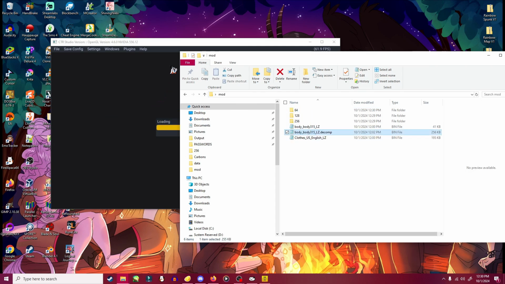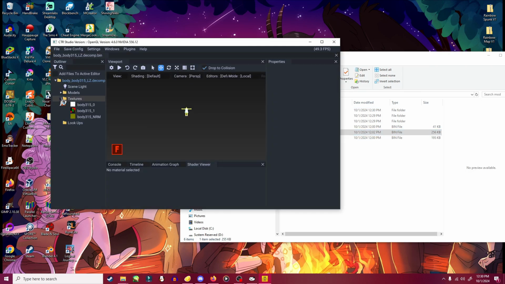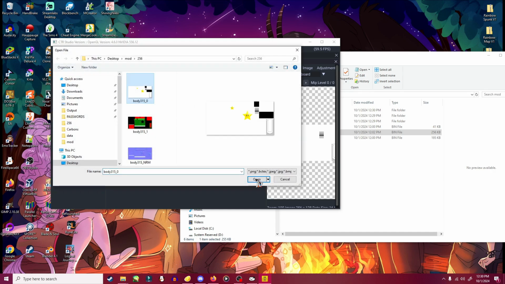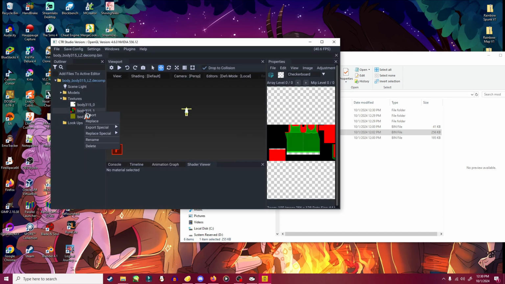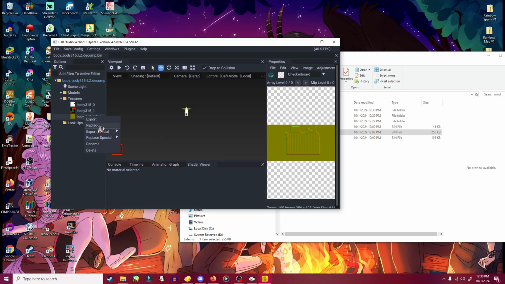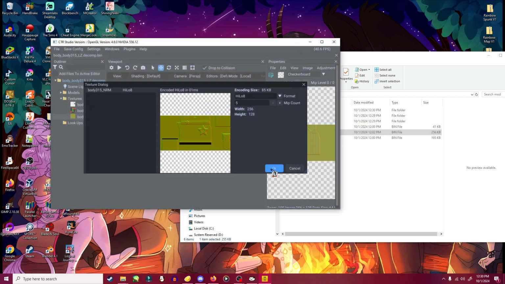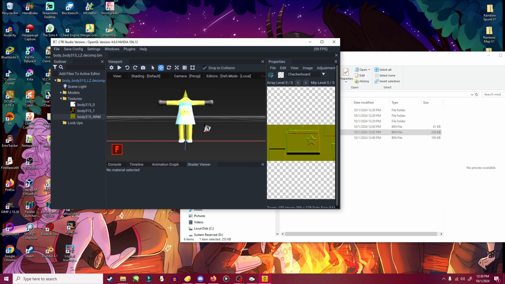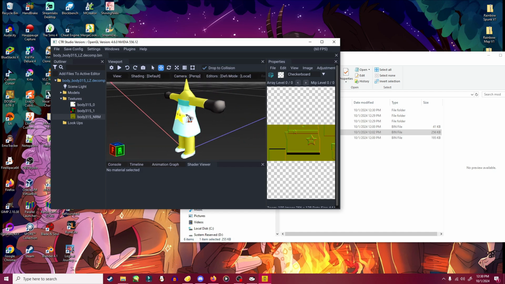So go ahead and open that decomp again and put in your textures like we've been doing. So go to replace it. Just use your 256 textures for this. You don't need to use the other ones to check anything. They're all the same. Okay, so this looks good, and you can actually see now that there's definition around the